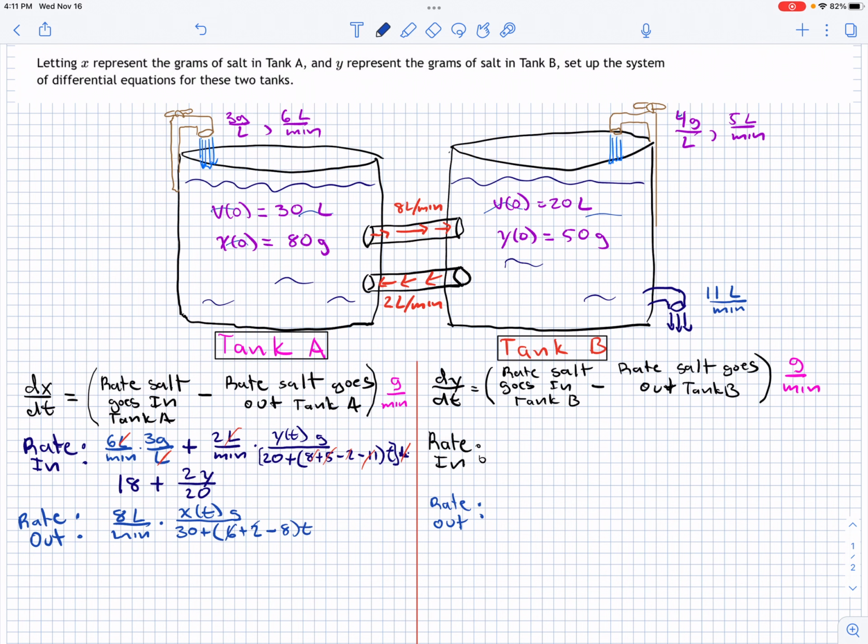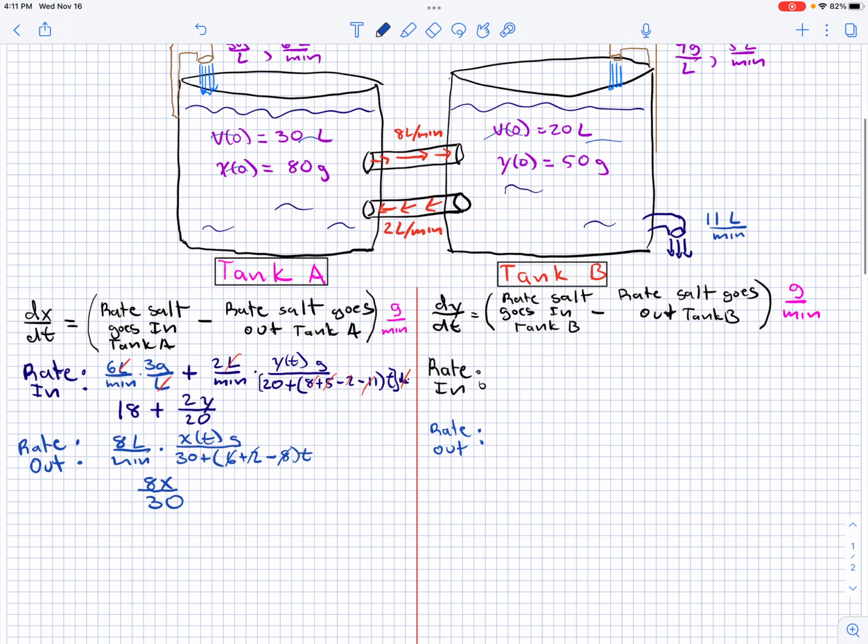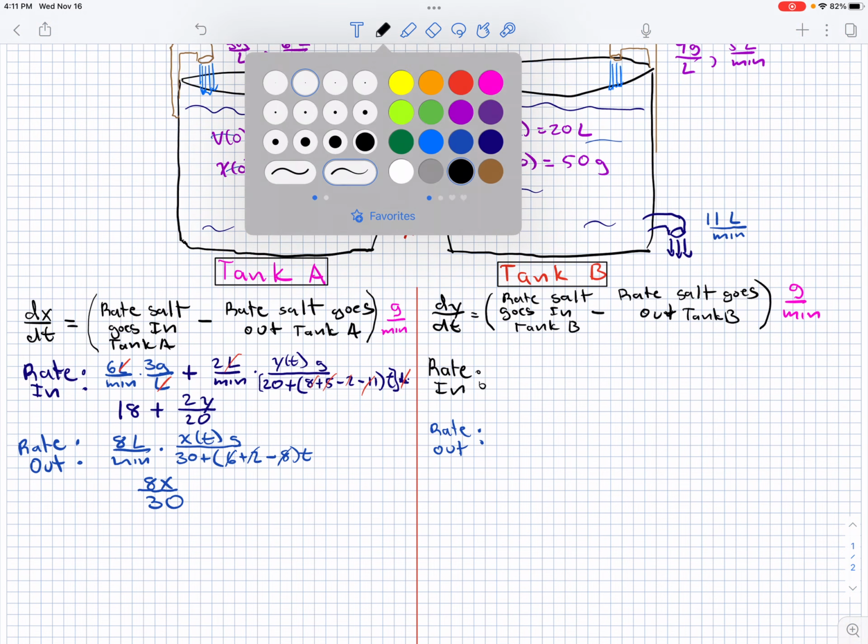And the nice thing again is this stuff cancels out, so really we're just left with 8x over 30, and that's great because we essentially have our first differential equation,